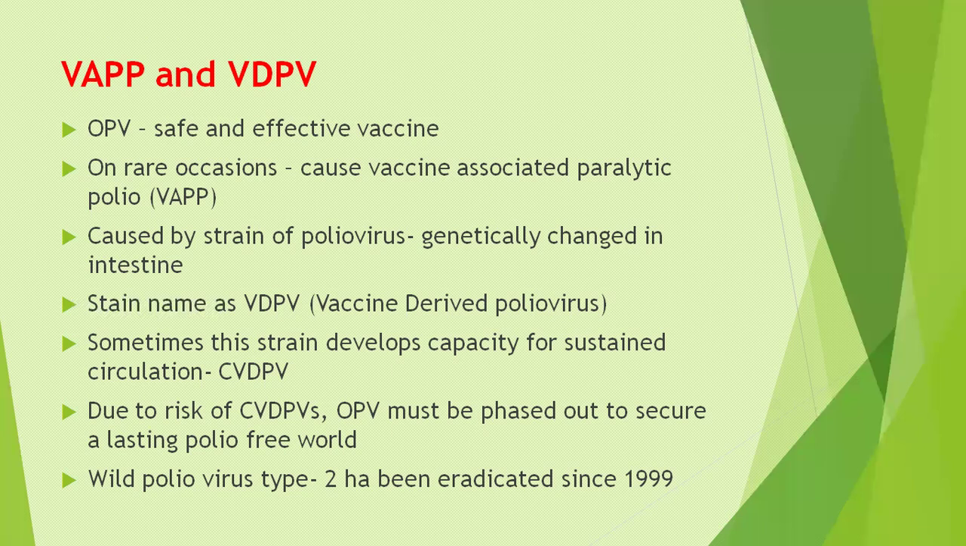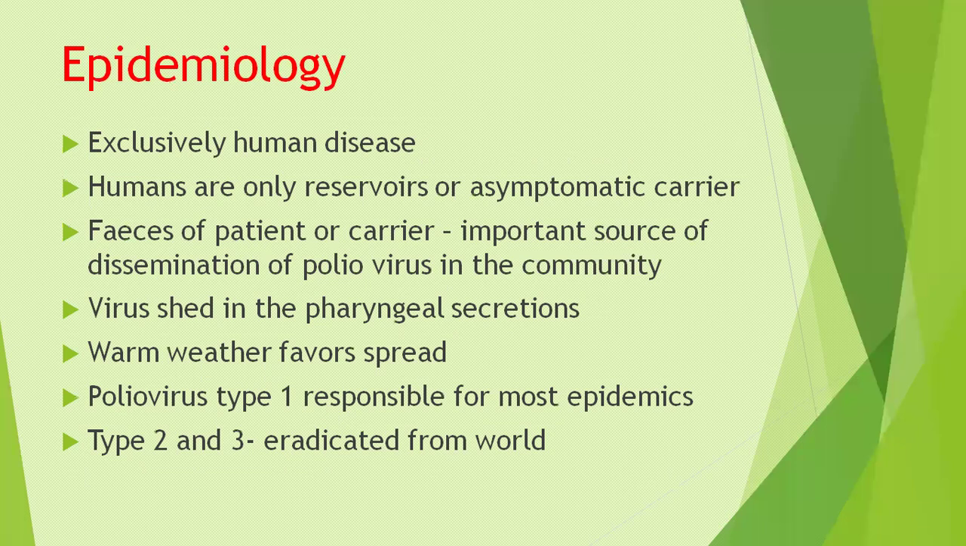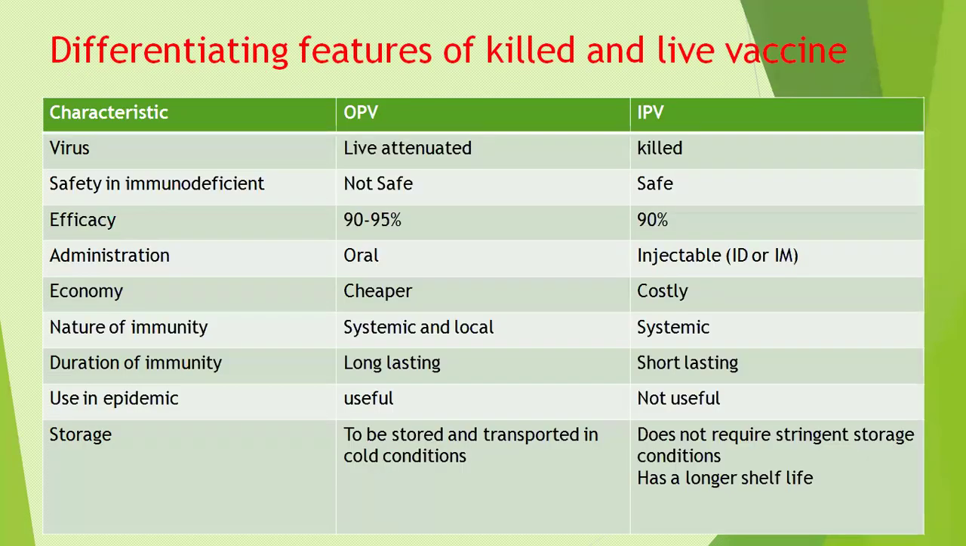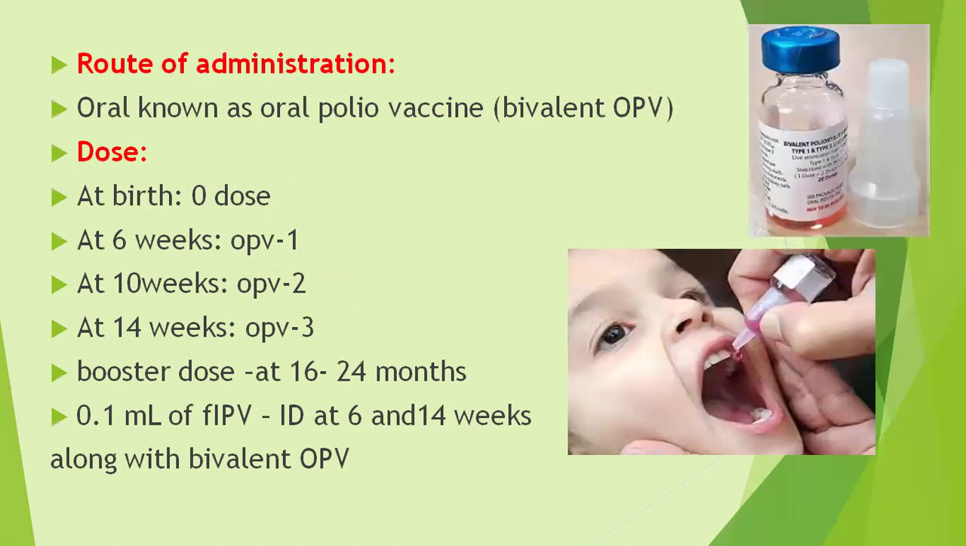Currently, type 2 strain in the OPV accounts for more than 90% of all cVDPV cases. And as I told you, it has been eradicated since 1999. Under the national immunization schedule, as we discussed, a total of 5 doses are given. And along with that,